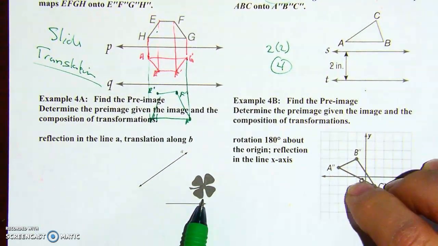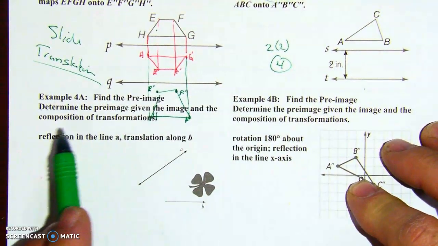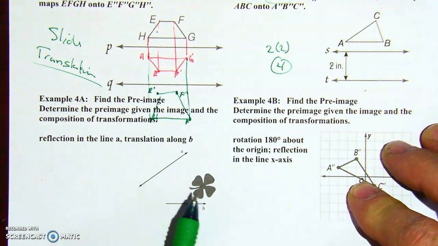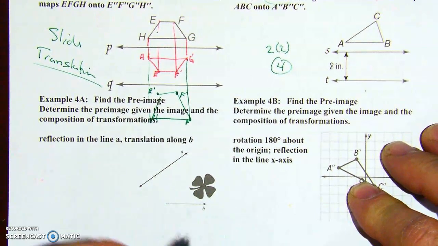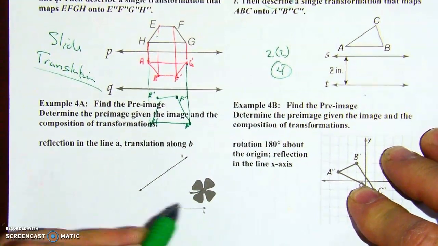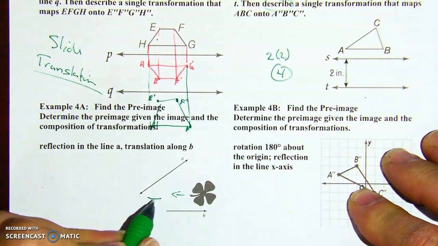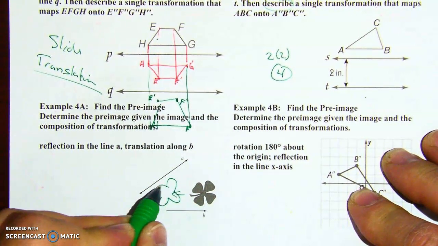the final thing here, and we need to go backwards. So what it says here is to describe the pre-image given the image and the composition of this. So we got to work backwards. So here's our final product, and we did a translation. So all we want to do is move it backwards so it looks something like this. And I'm just going to do a general picture of this,